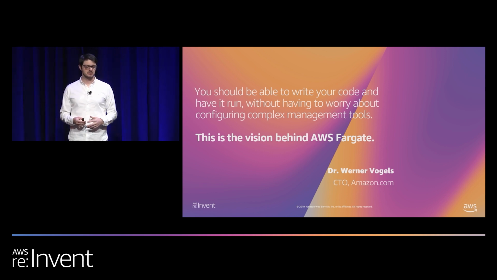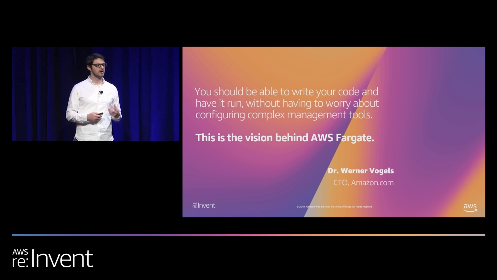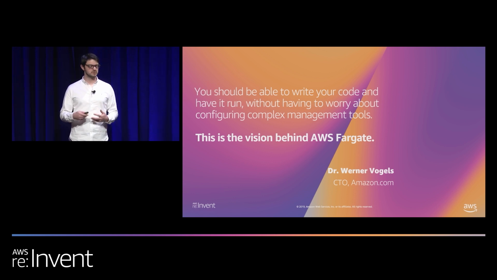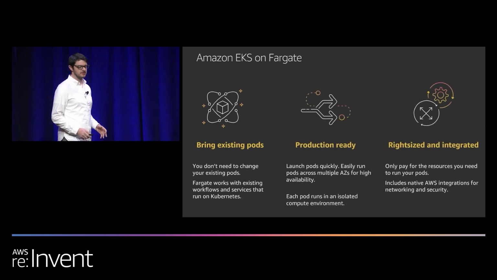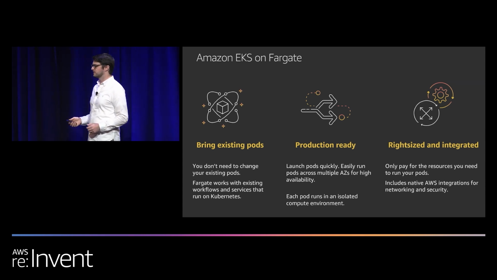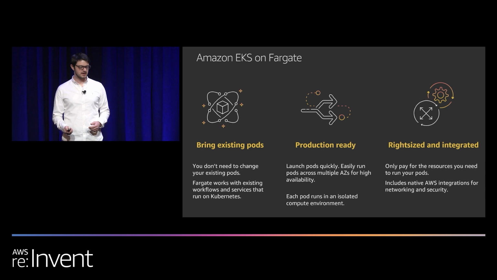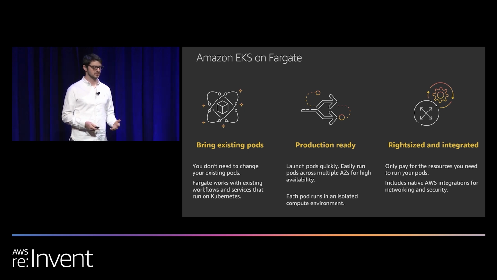We want to give you the option to come to Kubernetes, come with the pods that you already have, and just run those on Fargate without having to worry about complex configuration or managing multiple layers of infrastructure. Fargate gives you everything you need to run highly available, fast-scaling Kubernetes applications on AWS. We built this integration really carefully so that you can bring existing pods, and it will work the way you've already been using the Kubernetes API. You don't need to change how you've defined your applications to have them run on Fargate. You just tell EKS which pods you want to run, and they're going to start on Fargate.